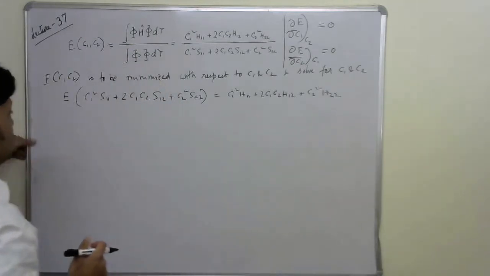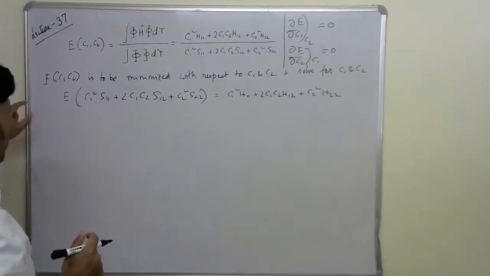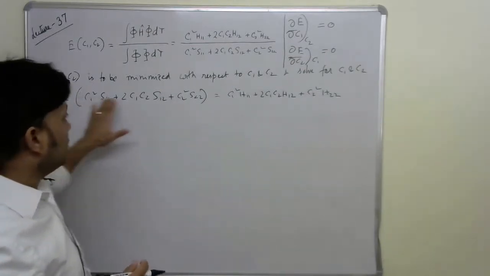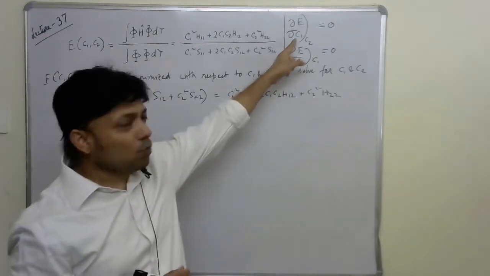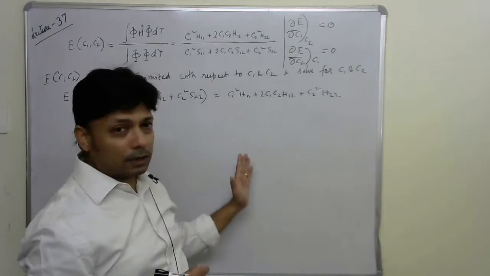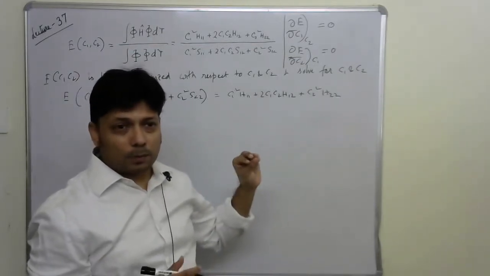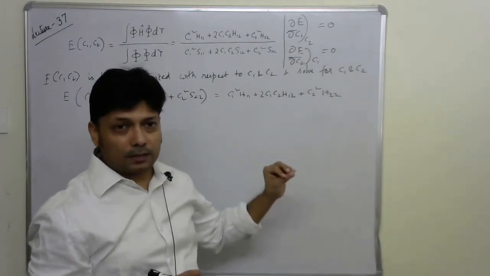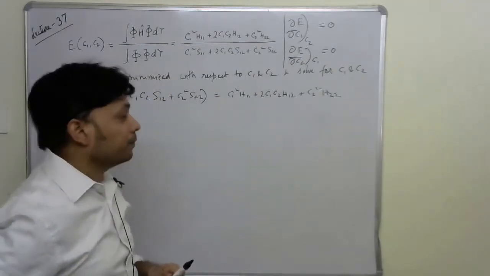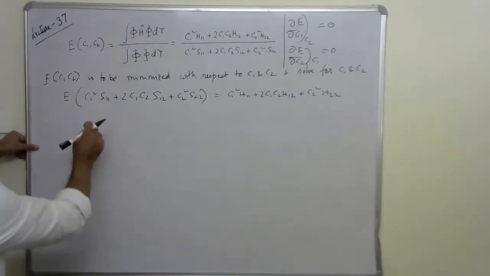So what I'm going to do is take the derivative of the entire equation with respect to C1, taking C2 constant. And at the end we have to set this equal to 0 in order to minimize energy with respect to C1. So therefore, let's do it. So what we get is